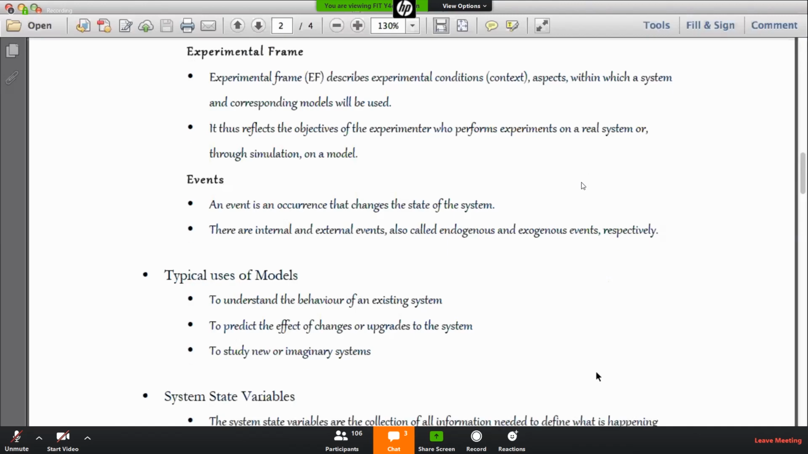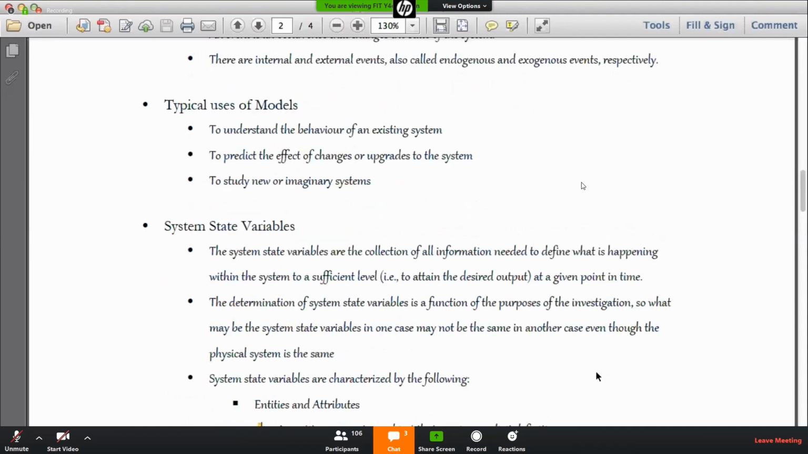The other thing that I want us now to look at is what we call state variables. But before I go to state variables, I want to give you a break